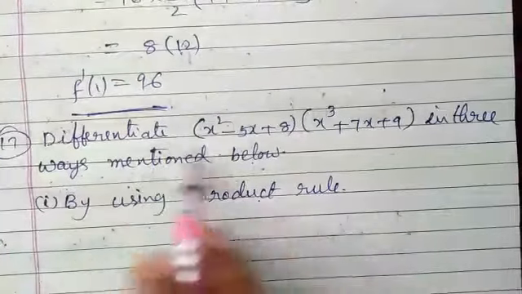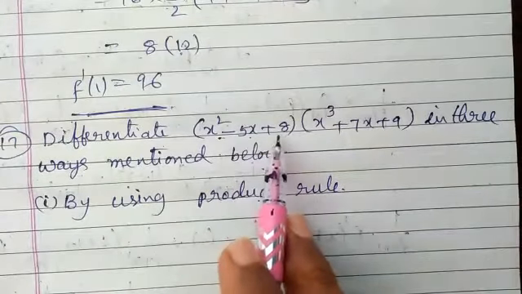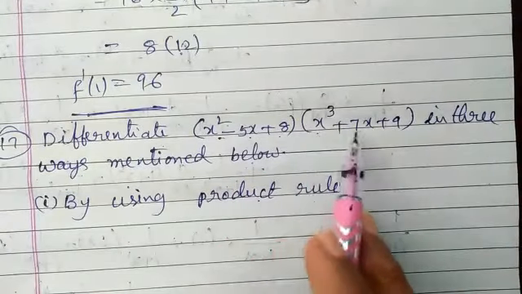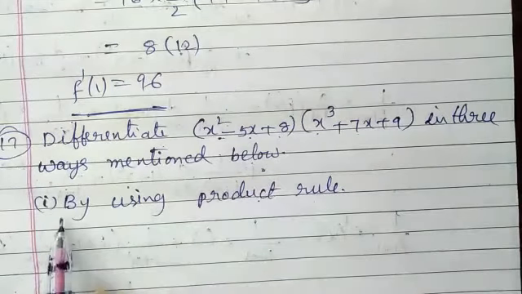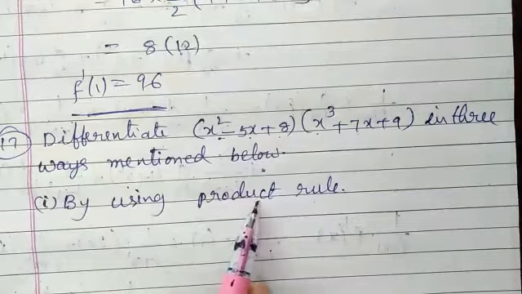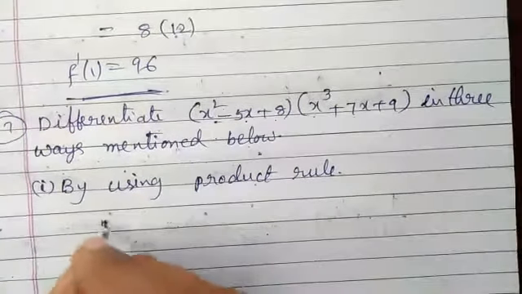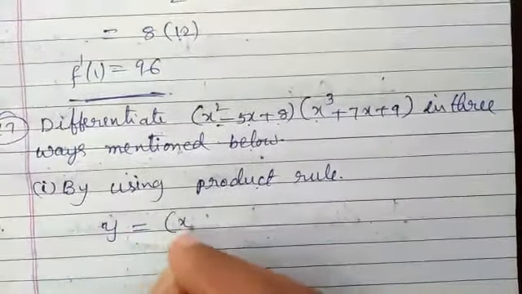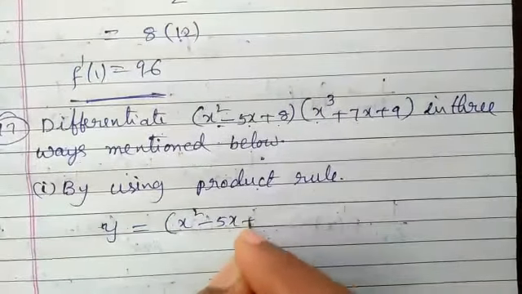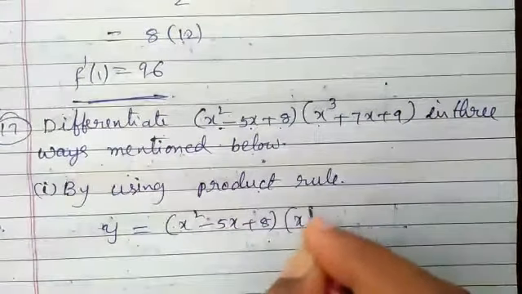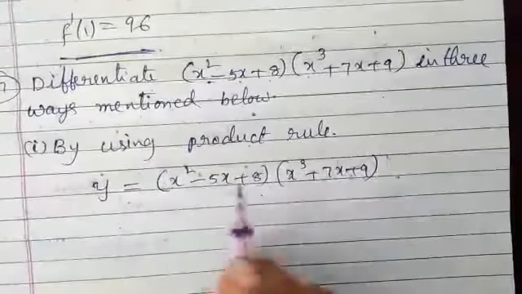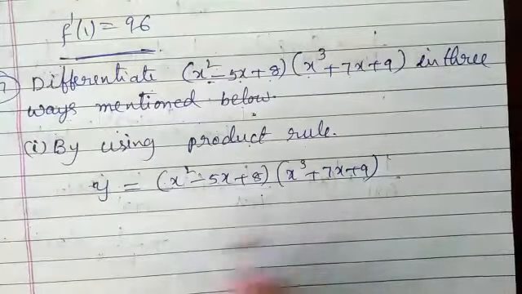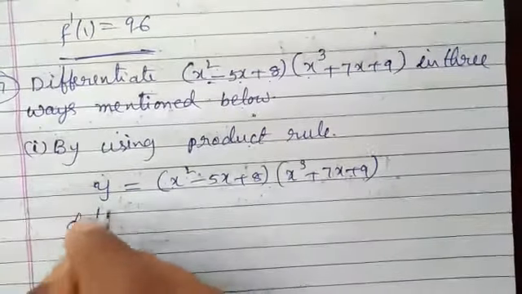17th one, differentiate x square minus 5x plus 8 into x cube plus 7x plus 9 in 3 ways mentioned below. First one is by using product rule. By using product rule means y is equal to x square minus 5x plus 8 into x cube plus 7x plus 9. Product rule means apply f of x into g of x. That means differentiate